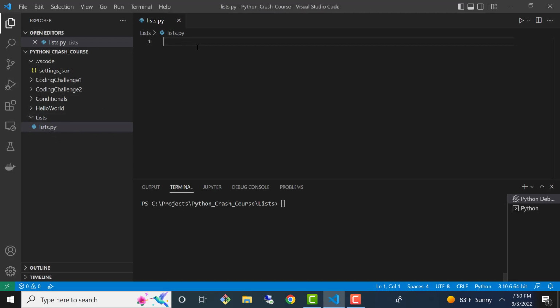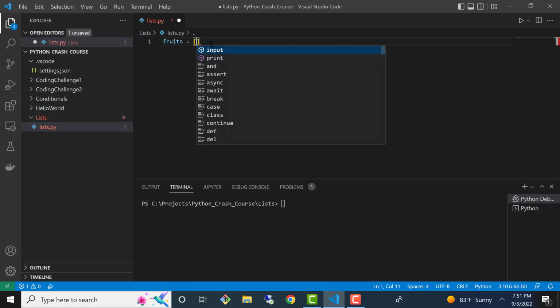All right, so if I want to declare a list, let's think of a kind of trivial example here. Let's say this is a menu, and I want to list out all of the fruits that we have available to order, okay? Typically with lists, you'll want the variable name to be plural, like cars, lists, employees, something like that. Okay, so we can define a list with square brackets, and then inside these square brackets,